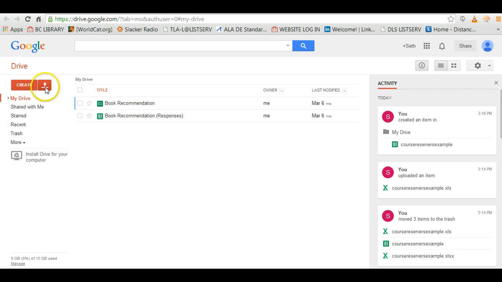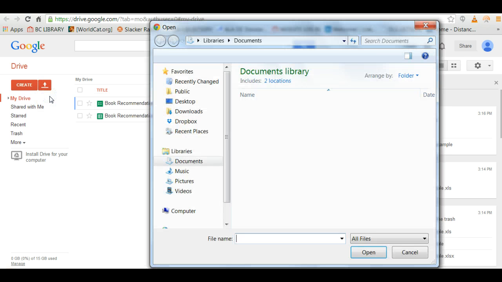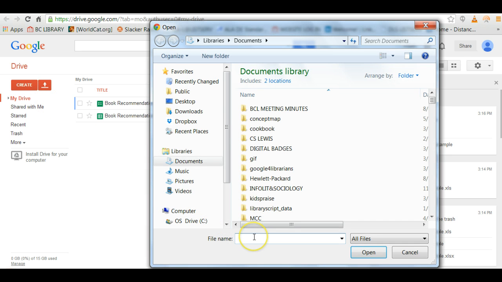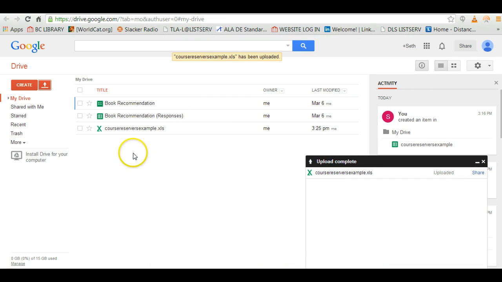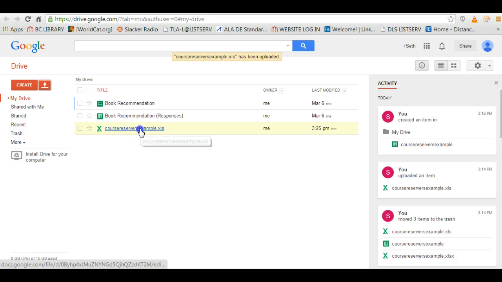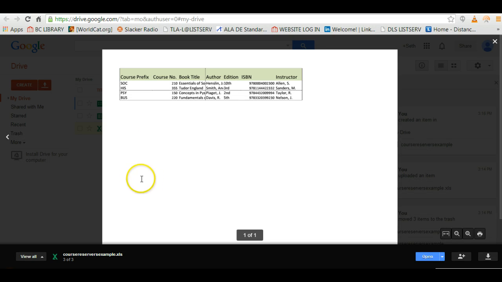The first thing you want to do is to upload your Excel spreadsheet with the course reserves. So you click on the up arrow button here in Google Drive, click on Files, and then you want to look for the file with the course reserves. I just created a sample course reserves list. I'm going to upload it. And you notice here it's listed and there's a green X beside it. Once you click on it, it shows you an example of what it looks like. The next step you need to do is to click on the blue Open button,